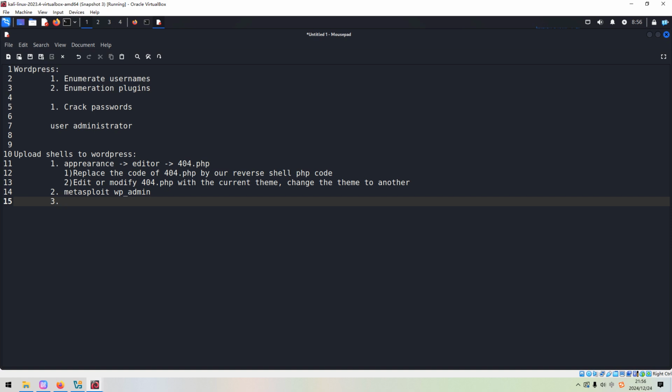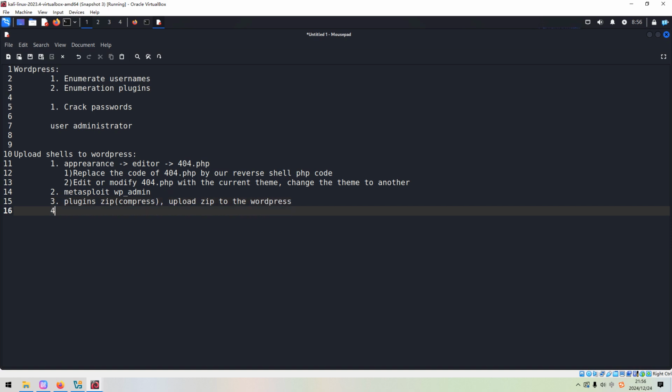And if the second way cannot work, what to do? This would be another way. We can go to the plugins, and sometimes we can compress the reverse shell PHP file, zip it, and then upload this zip file to WordPress.